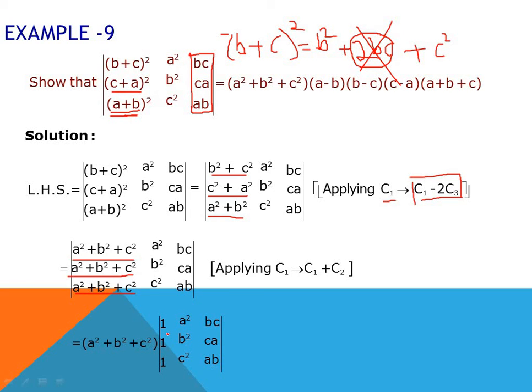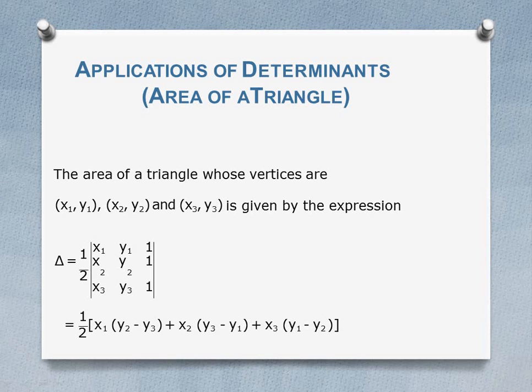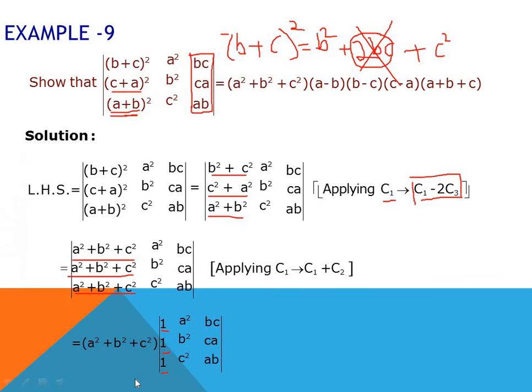Now as you come across 1 1 1, then the thing is to eliminate this 1 and convert it into 0 by following the row operation. So we will follow the row operation, and then with the help of the row operation we can easily solve this determinant. So now I am not solving this determinant, it is left up to you to solve it so as to verify whether the value which you will get corresponds to the value on the RHS or not.